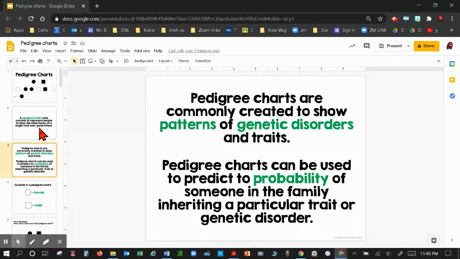Now, once we figure out what their traits are, what they have, we typically then refer to a Punnett square to make a better prediction of what the outcomes can be. So that's why we studied Punnett squares first. It's really important you have a strong foundation on Punnett squares because doing a pedigree without a Punnett square can be challenging. Most of it's done mentally, but there are many different possibilities out there. So make sure that you feel comfortable with knowing how to complete a Punnett square in order to do a